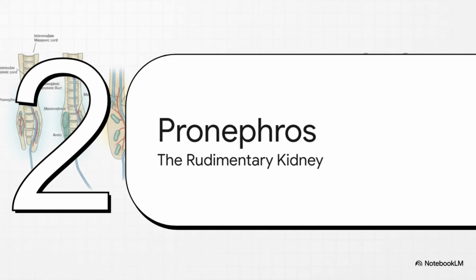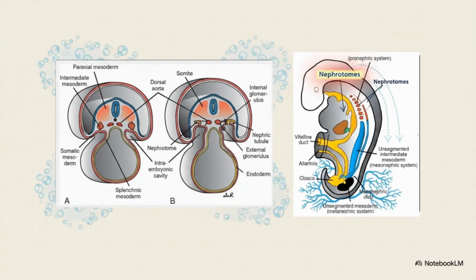Moving on to section 2, pronephros, the rudimentary kidney. If you look at the sagittal view here, notice how the pronephros is situated way up high. It's represented by just 7 to 10 solid cell groups located exclusively up in the cervical region. Now, checking out the cross-section, you'll see it actually goes as far as forming internal and external glomeruli, plus a